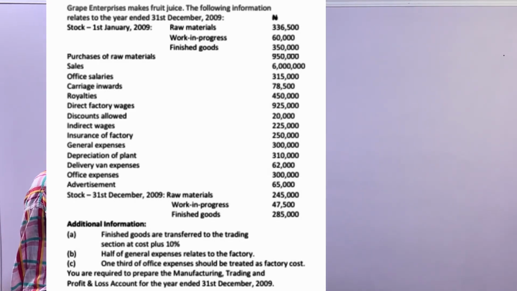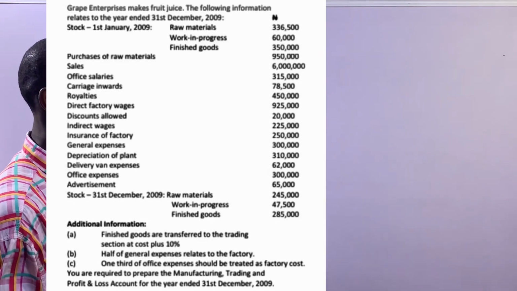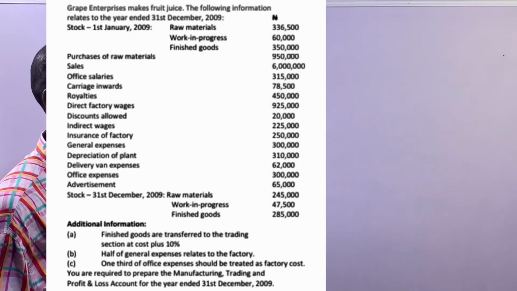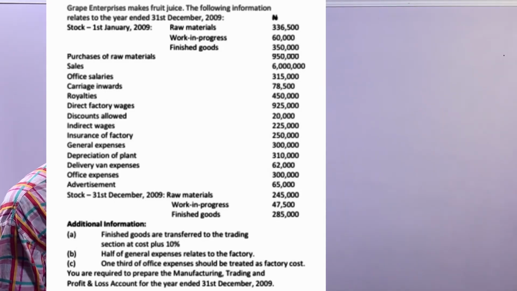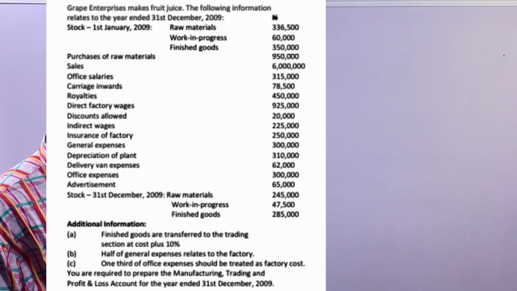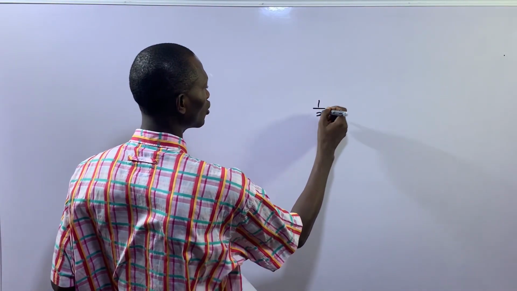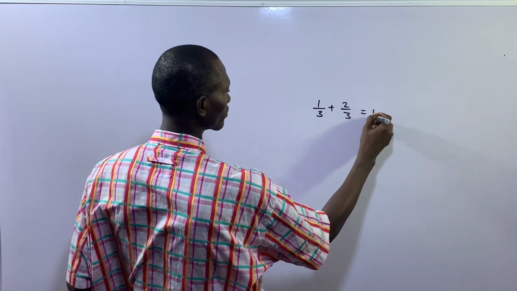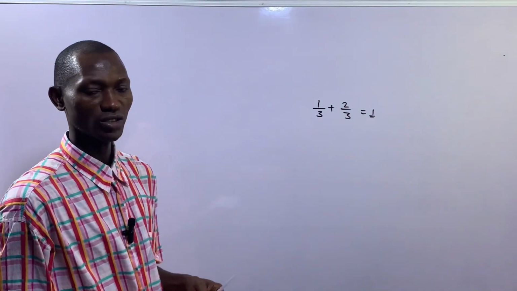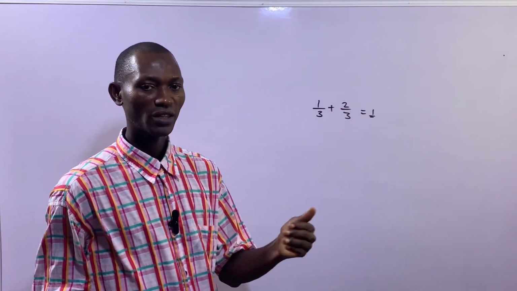Then B, half of general expenses relates to the factory. So half of general expenses, we are going to charge to the factory overheads, and the remaining half will be charged to the profit and loss account. Then C, one third of office expenses should be treated as factory cost. Don't forget, one third plus two third gives you one. So one third will be charged to factory, then two third will be charged to the profit and loss account